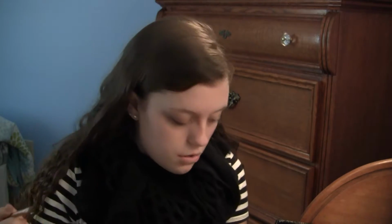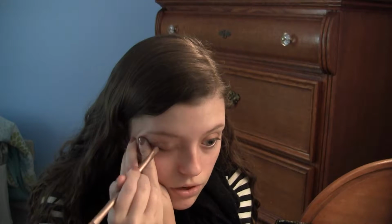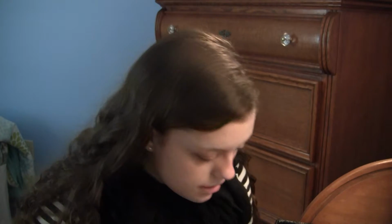So once I have that as my base, I'm just going to deepen it up and darken it as I go further along the eye. So I noticed that there are more like rosy gold colors and pinky tones rather than browns. So I'm going to focus more on that. I'm going to take the color Buzz, which is a little bit of a darker pink, and I'm going to take that and put it on the outer 3/4 of my eyelid. I'm going to take a little bit more and pat on a little bit more. Okay, so now that I have that,